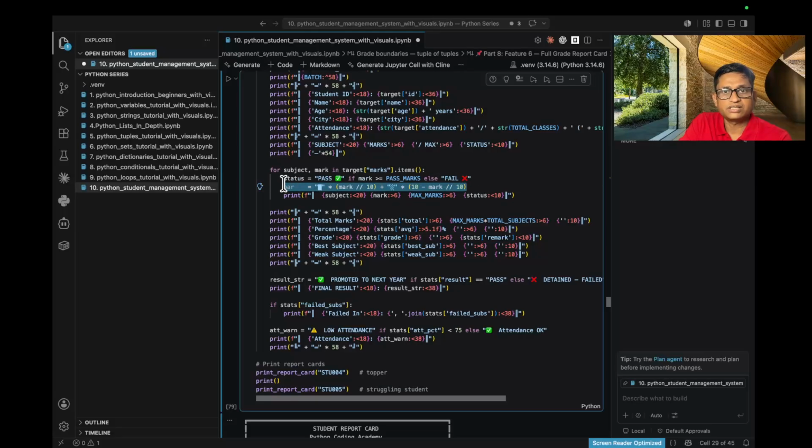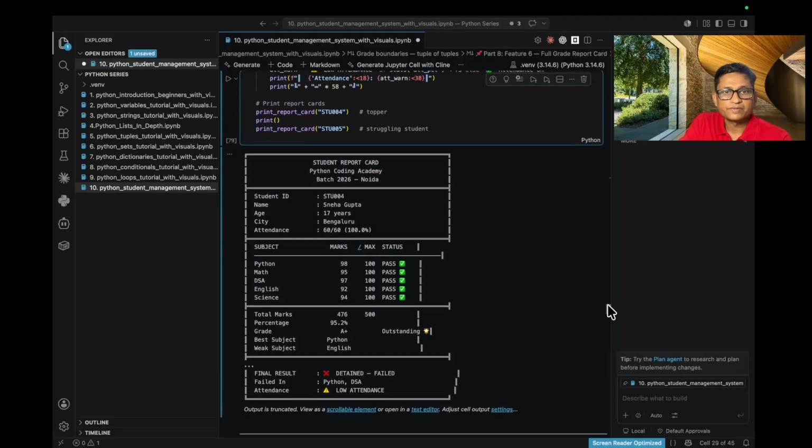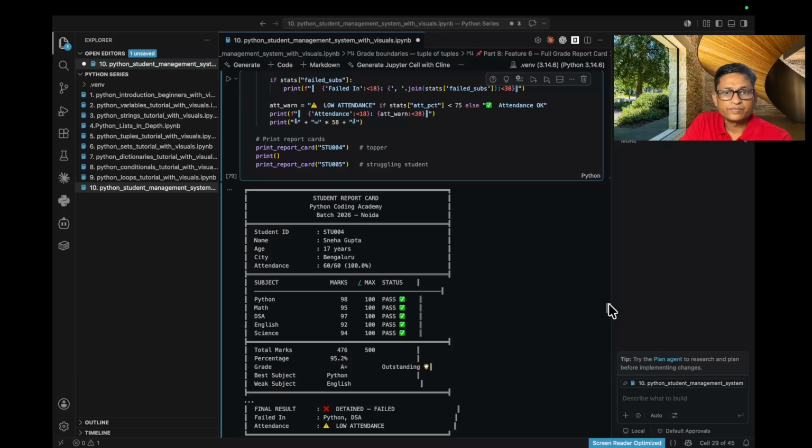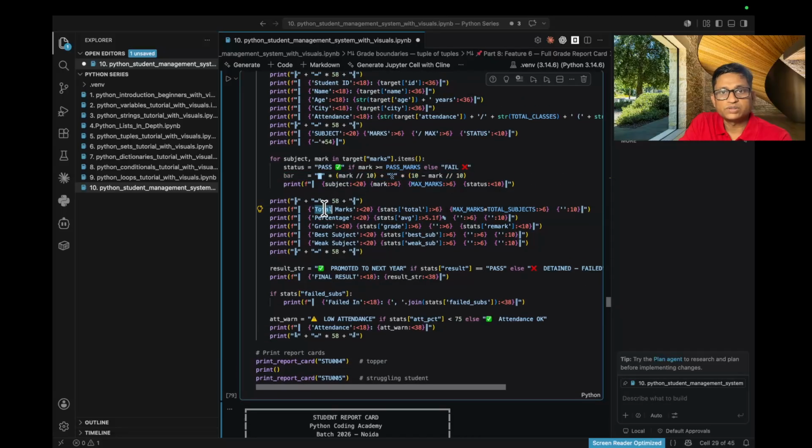This is the implementation of, you can say, the I will let you know. After that, total marks, percentage, grade, best subject, weak subject, and at the end of the result string, promoted to next year if stats of result is equal to pass, otherwise it will return detained or failed, and print the final result. If stats failing subjects,